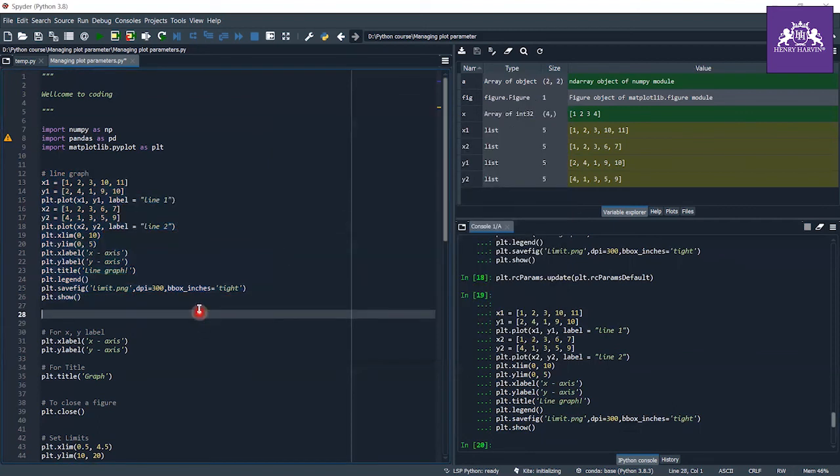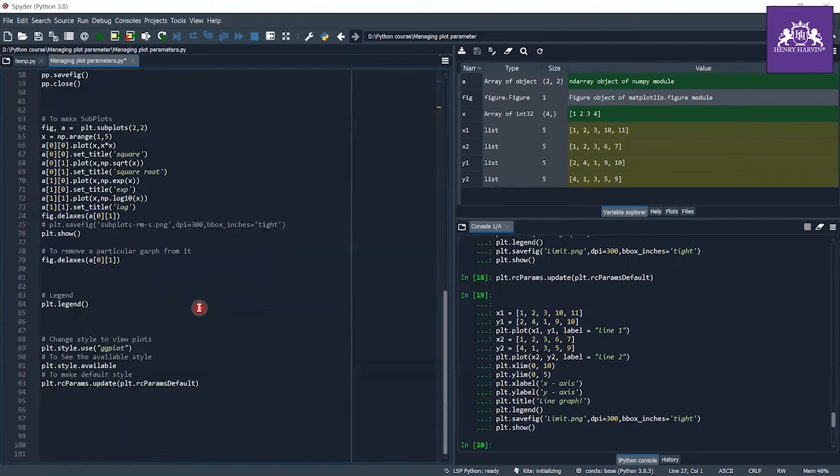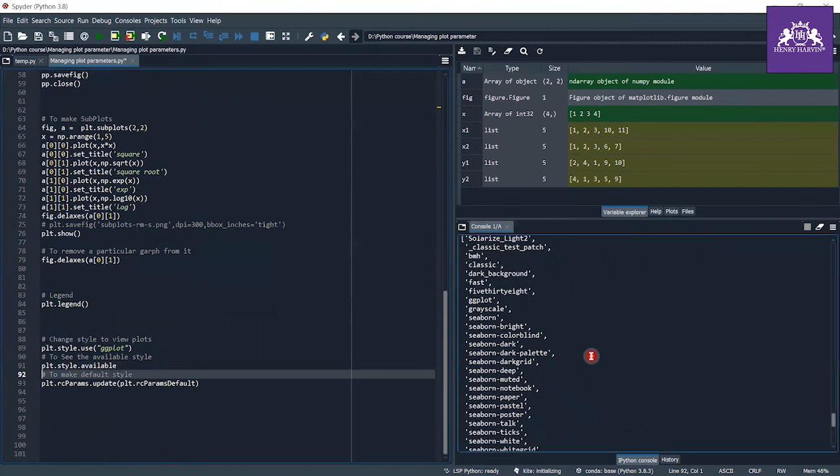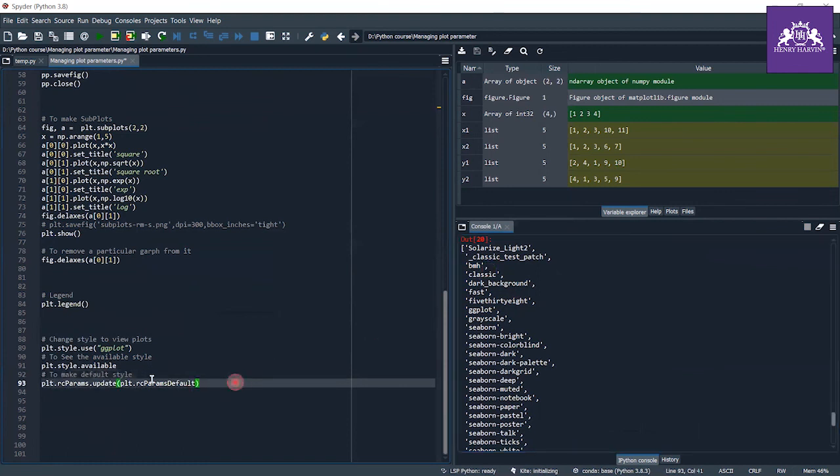If you want to see the other style formats, you can write plt.style.available. When you execute this, these are the styles from which you can choose. Classic is different, and if you want the default, you can just write this.